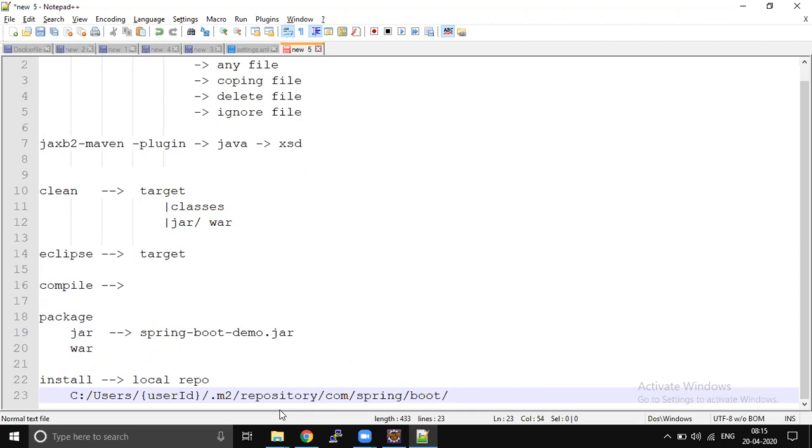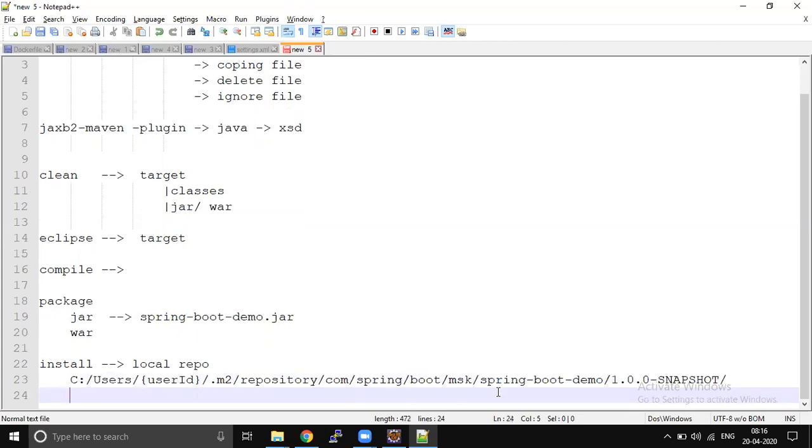Inside this, what is your artifact tag? My artifact ID is spring-boot-demo. Inside this, what is your version? 1.0.0-SNAPSHOT. Inside this, the file will be copied.